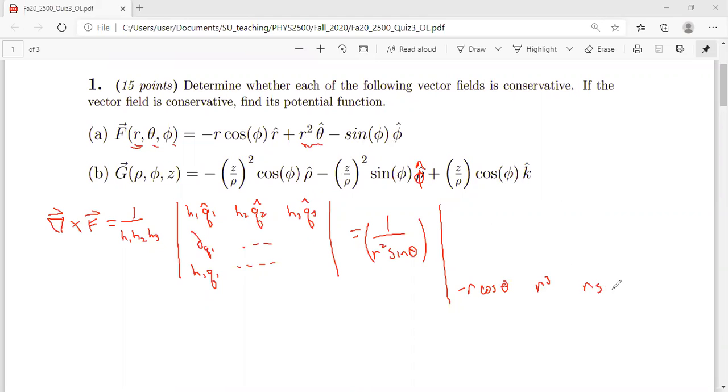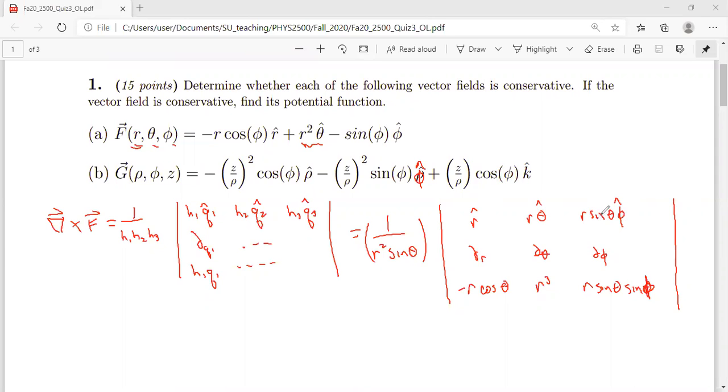So r sine theta sine phi, which is sine phi. And then d by dr, d by d theta, and d by d phi. And this is 1 times r hat, this is r times theta hat, and then this is r sine theta